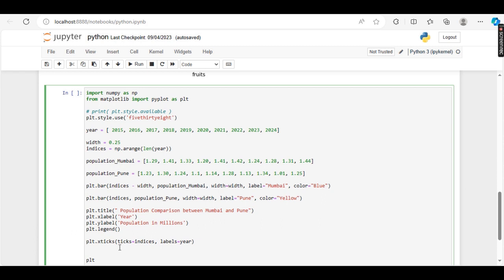So now we are adjusting the layout and displaying the grid.